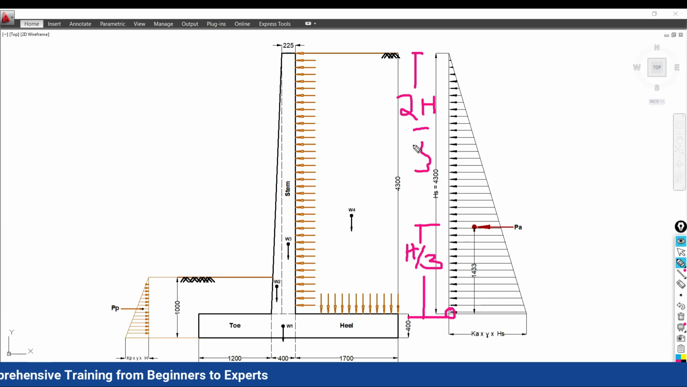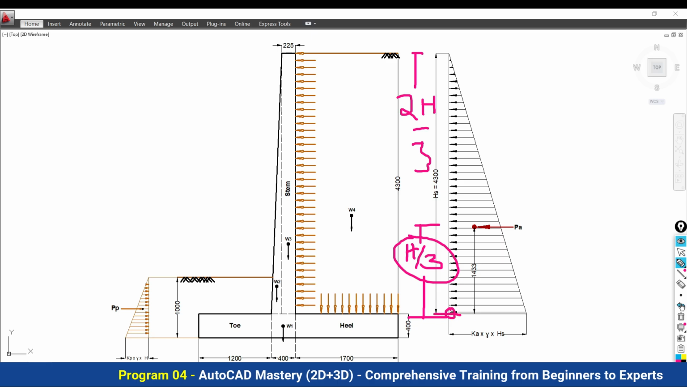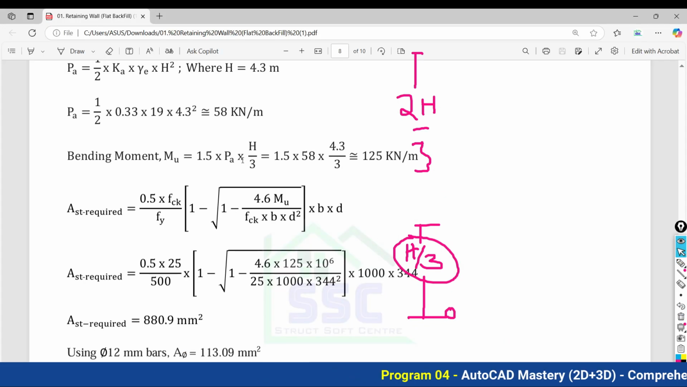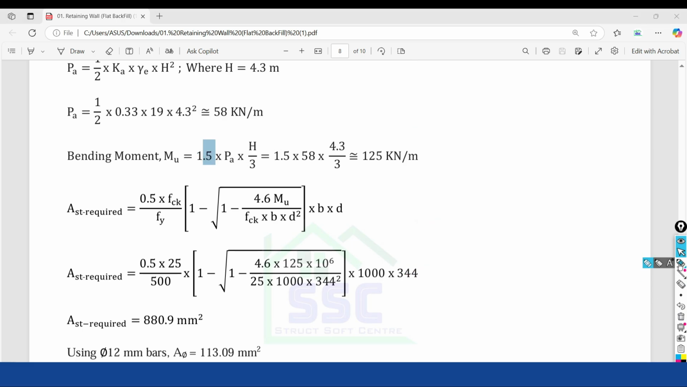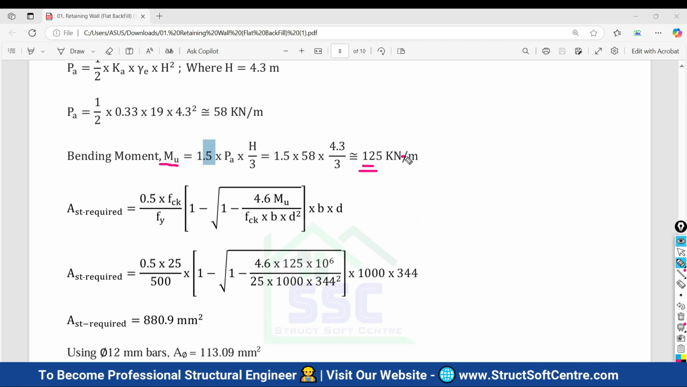This is the consideration, right? So here h by 3 only will be used, because we are going to consider it from the base. So coming back to the discussion in the calculation, Pa and h by 3, and this 1.5 is just to get the ultimate value, the ultimate moment. If you do this calculation, we will come to know the bending moment as 125 kilonewton